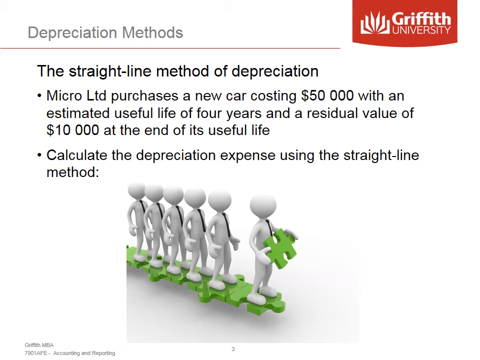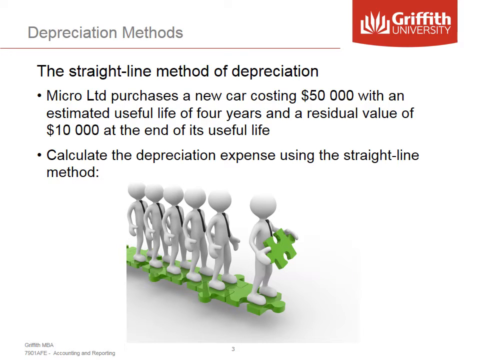The example here is the purchase of a new motor car which costs $50,000, has an estimated useful life of 4 years, and again an estimated residual value of $10,000 at the end of its useful life. What that means is that they expect they'll be able to trade it in at the end of year 4